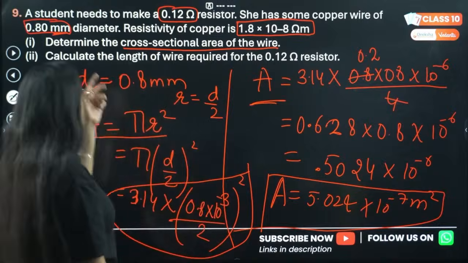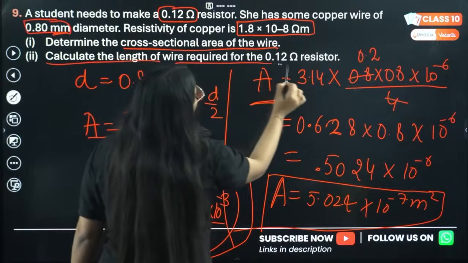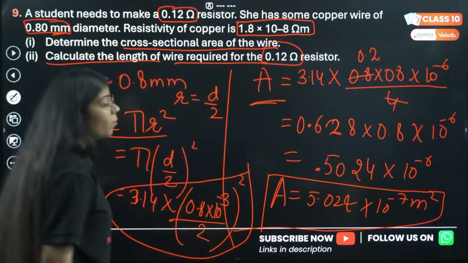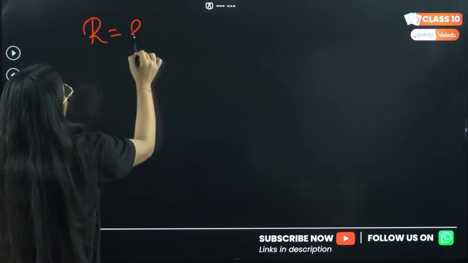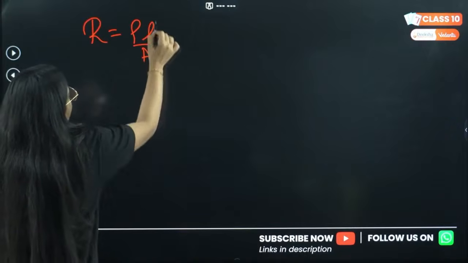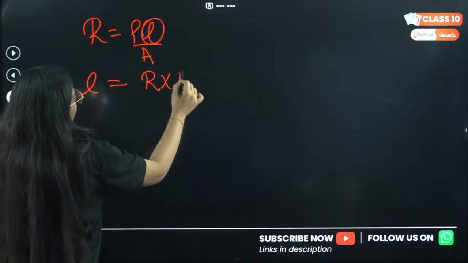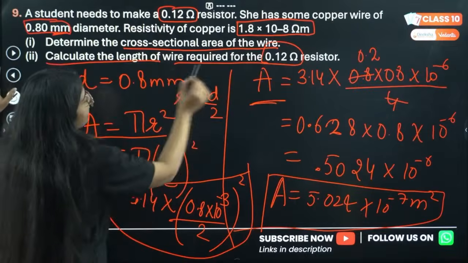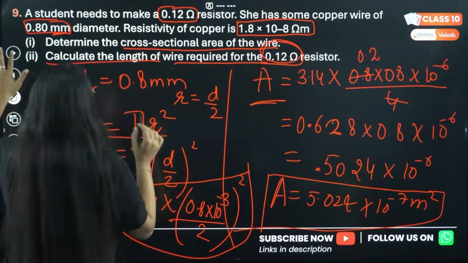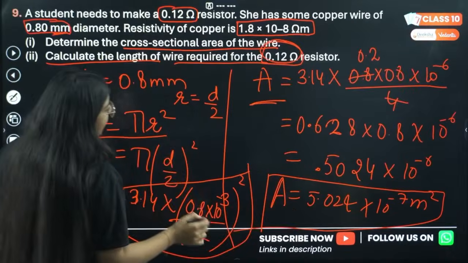Now look at the second part. Calculate the length of the wire required for a 0.12 ohm resistor. Now I have, see, this is my rho L by A. I need to find length. So I can write resistance into area divided by resistivity. Correct? Now resistance is given, 0.12 ohm. So I'll put 0.12 into area, which I calculated